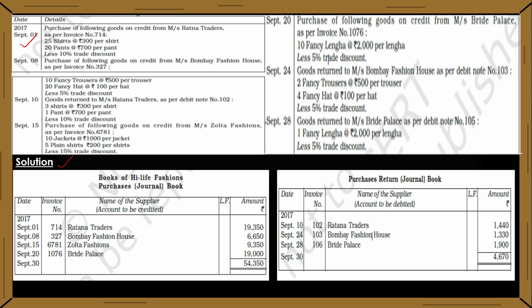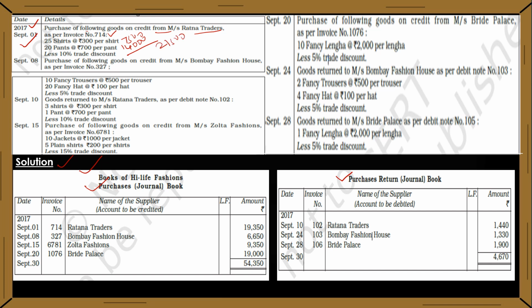Now we are opening 2 special journals. First, in the books of High Life Fashions, purchases journal book and purchases return journal book. See the first transaction, September 1, 2017, purchase of following goods on credit from Messrs. Ratna Traders as per invoice number 714. 25 shirts at rupees 300 per shirt, it is 7500. 20 pants at 700 per pant, 14,000. 20 into 700 is 14,000. Total comes to